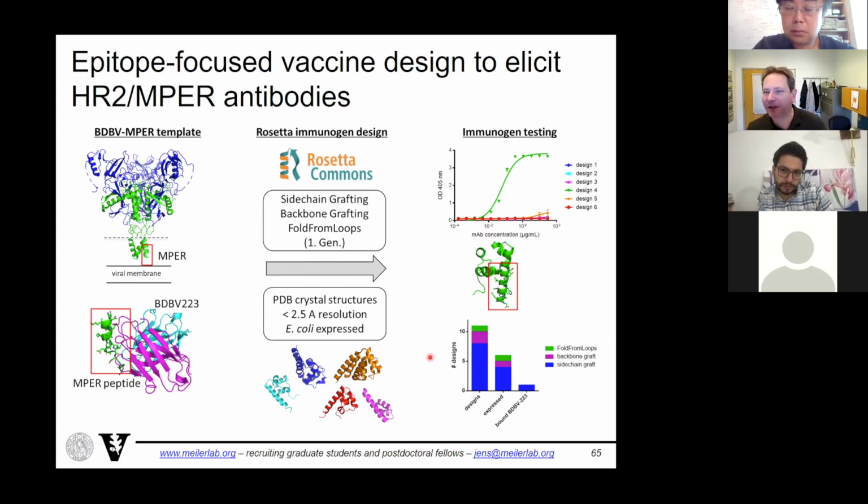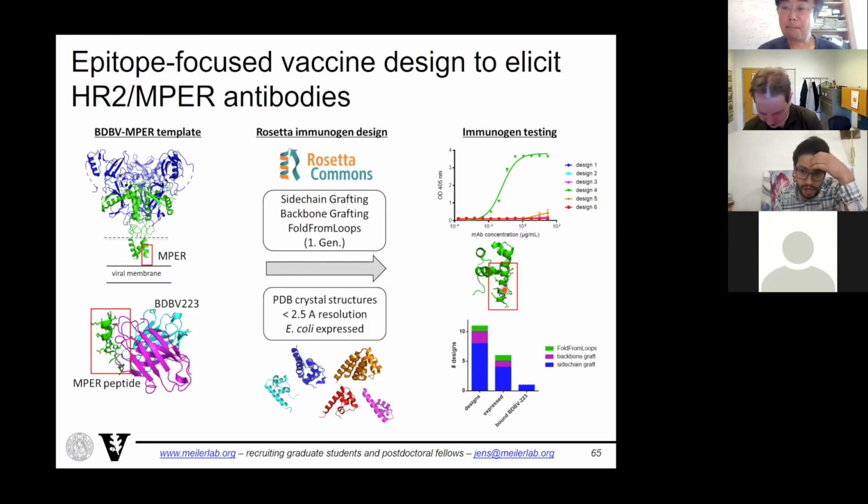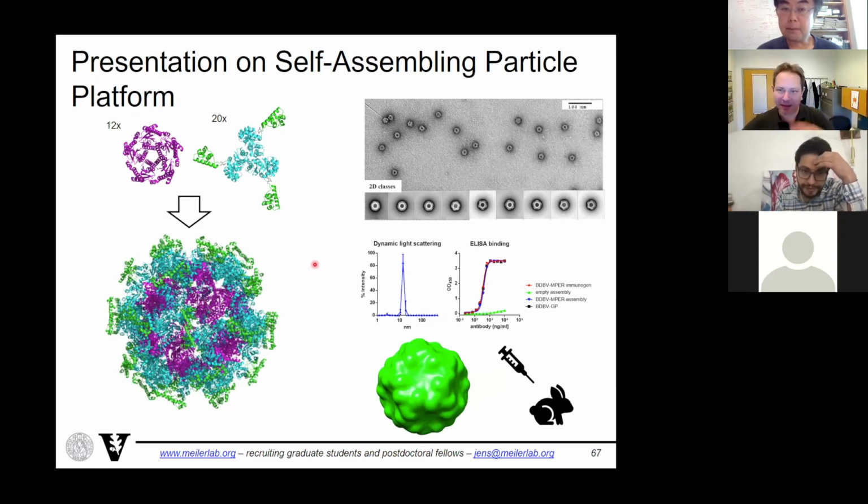Now, such a small protein is not a good vaccine because it doesn't look like a threat for the human immune system. And so what we did is, in this particular case, we use a Rosetta engineered platform that these are two proteins, they self-assemble into these little soccer balls. And on the terminus of one of those proteins, we added our little green protein, our immunogen. And so when it assembles, it displays 60 copies of this little protein on its surface. So that looks much more like a virus. And so you have wonderful EM images of this little soccer ball.